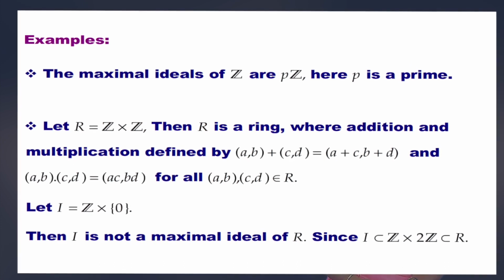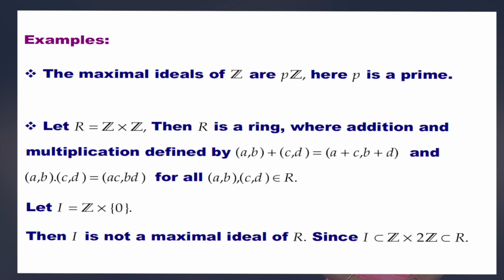Let R be equal to Z cross Z. Then R is a ring where addition and multiplication are defined by (a,b)+(c,d) equals (a+c,b+d), and (a,b)·(c,d) is equal to (ac,bd) for all (a,b),(c,d) belonging to R. These are ordered pairs. Let I be equal to Z cross {0}. Then I is not a maximal ideal of R, since I is a subset of Z cross 2Z,